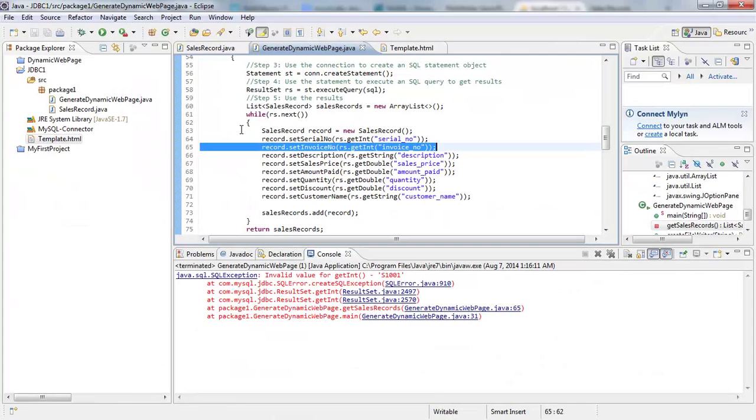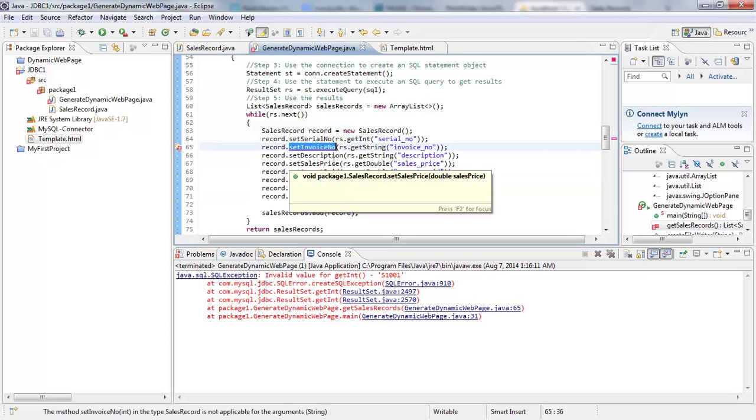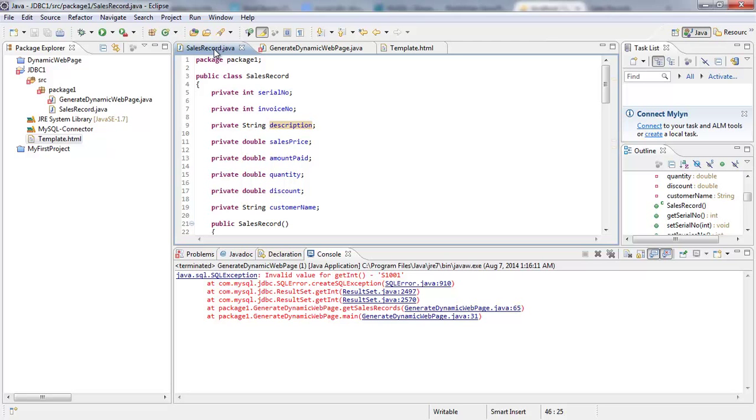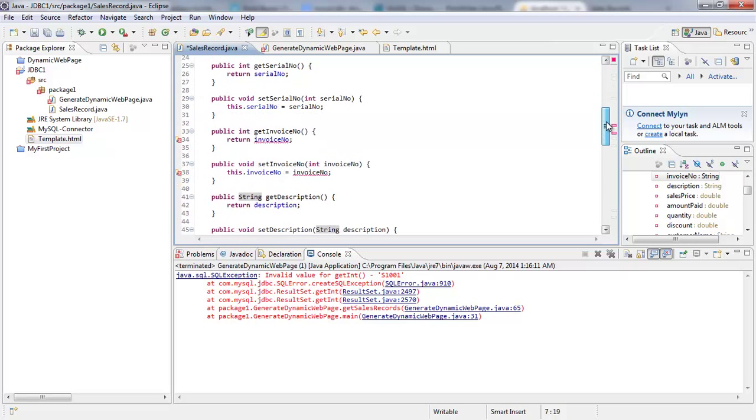Okay, so let's head back to Eclipse, and instead of saying getInt, I'm gonna say getString. So I'm gonna save the code. Set invoice number. Oops. Okay, sales record invoice number, I declared it as an int, so obviously it's supposed to be a string. That was a wrong data type for invoice number, because the data type in the table is actually a string. So getInvoiceNumber should return a string, and setInvoiceNumber should take as its argument a string, and